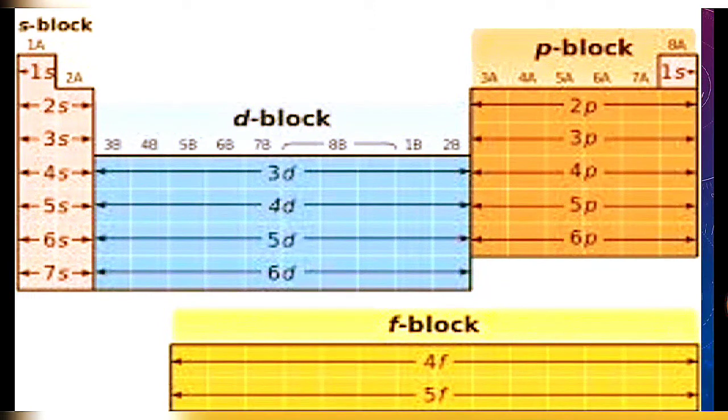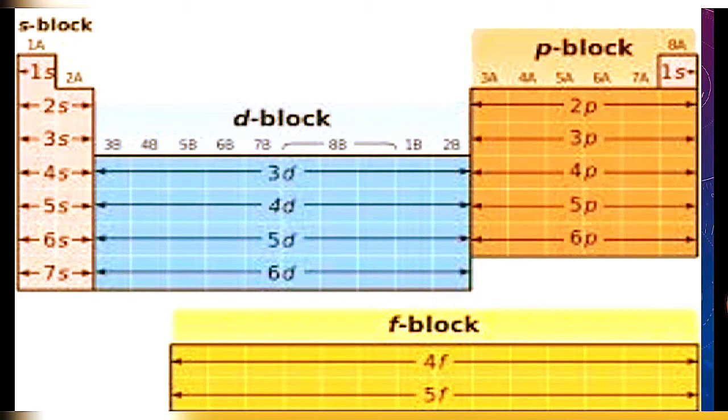On the basis of completion of a particular subshell, we divided the periodic table into 4 blocks, called s, p, d, f, and we name each block according to the subshell in which the electron is placed.